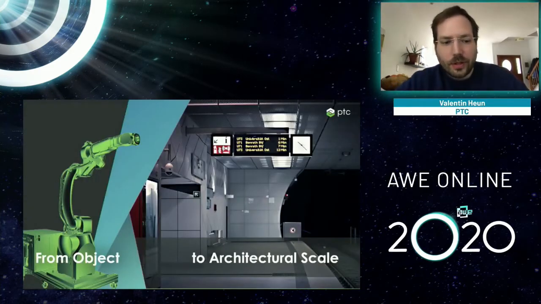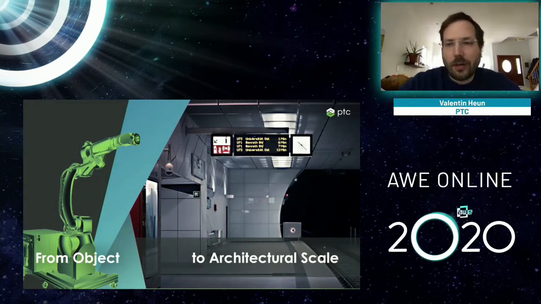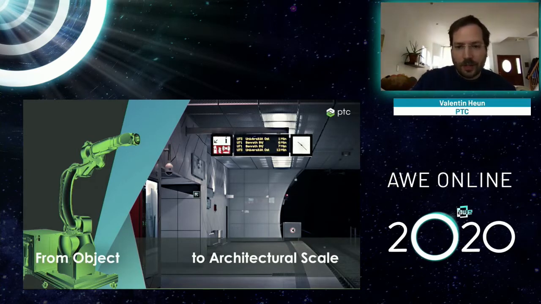So traditionally, we look at objects when we use augmented reality. We track objects around us and associate data with them. But what is really interesting is that now we actually can look into architecture scale. Now we're not bound to individual objects, individual experiences anymore. We now actually can go into the spaces around us.